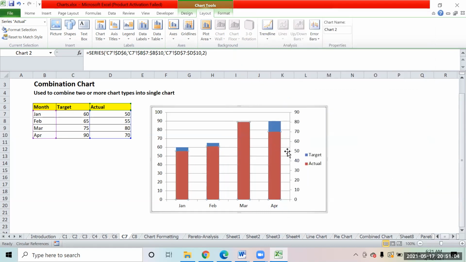So what I've done is I've put it on the secondary axis. If you're using the previous version, that is where you have to use it.